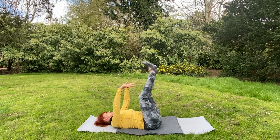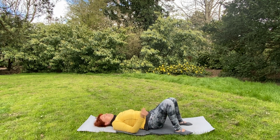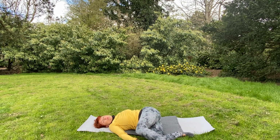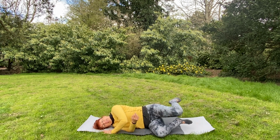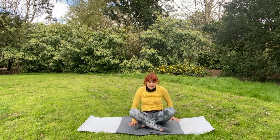One more shake. Shaky, shaky. And then we'll come up seated. Now supine twists are really wonderful as well, but you can have a look at the supine twist from my other video. So when you're standing up, come and roll yourself onto the side, lift yourself into the palm of the hands, and then